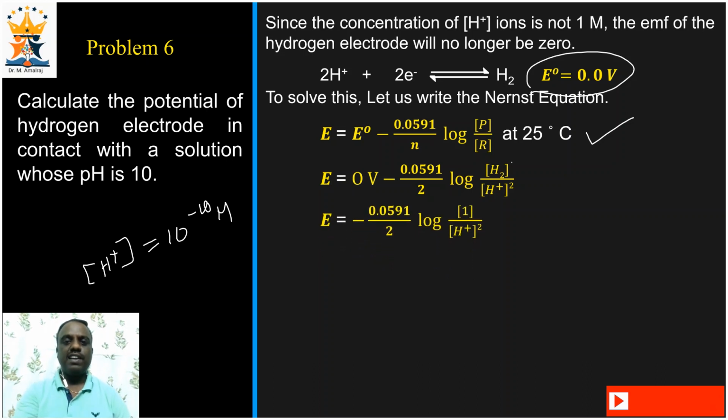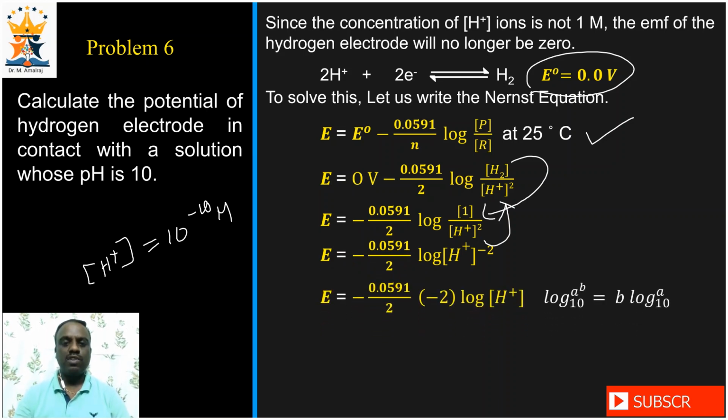And the activity of hydrogen can be taken as 1 because it is evolved at platinum electrode, that is solid. Usually the activity of solid is taken as 1. If we bring this denominator into numerator, we will get this one, and as per the logarithmic rule, the minus 2 can be brought to the front and it will cancel each other. Since there are 2 nitrogen, the whole quantity will become positive.